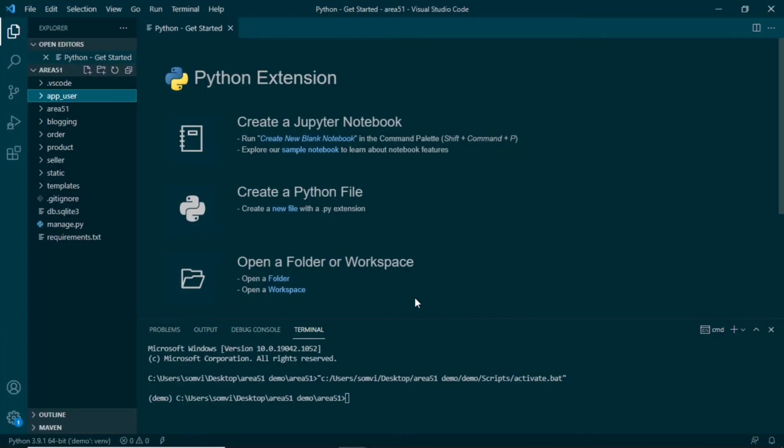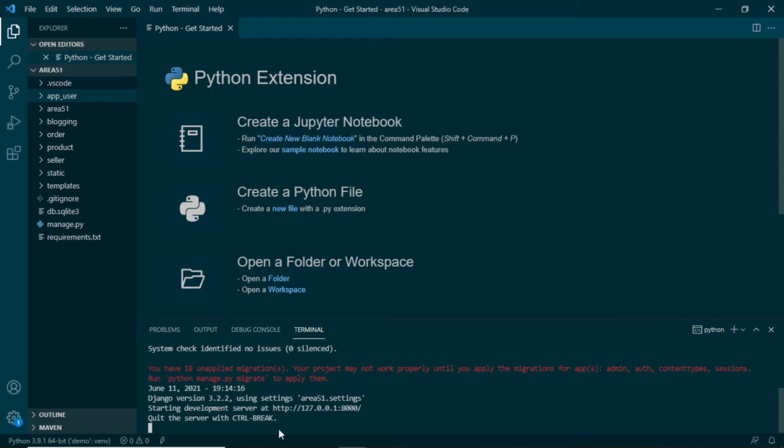This is our VS Code and we are developing our code in the VS environment only. One change you can see in this code is that earlier I was using Area 51 demo. Now I am directly using Area 51 because in the demo one I had created only one index page, but in this all the pages are already present. Let me show you how the website will look after completing the front end. Our server is running. Here we can see we have some unapplied migrations that are default. We will migrate once we create our user model.